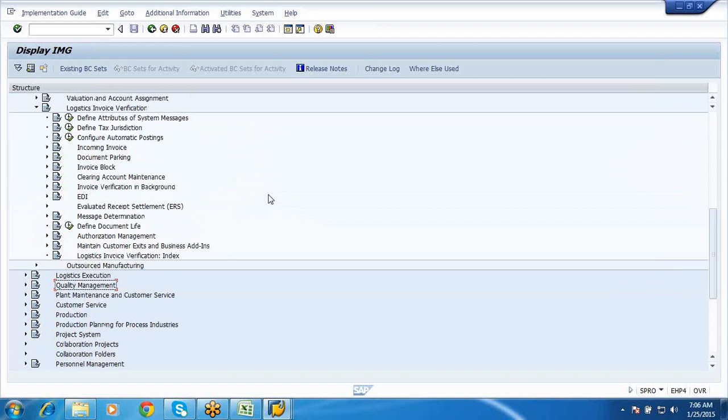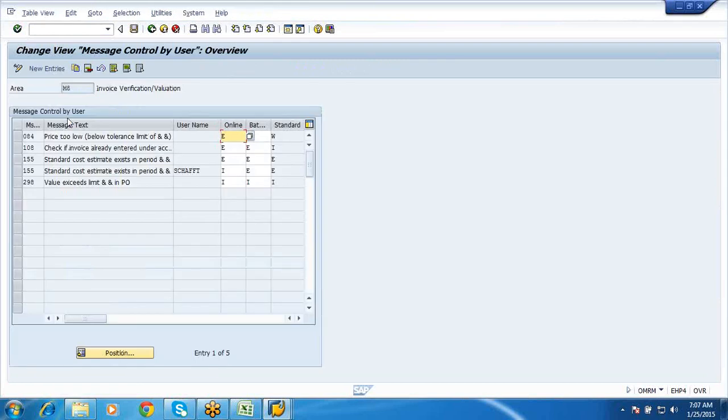Now I'll go to the first part, that is define attributes of system messages. This is a place where you can set your message types, and based on that you can also set whether it is an error, online, whatever it is.